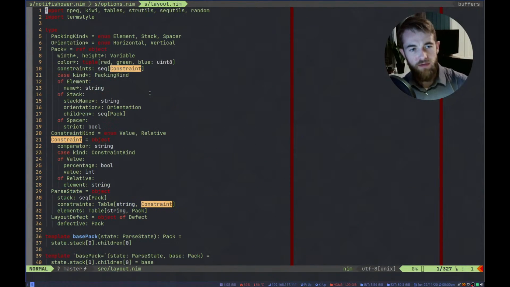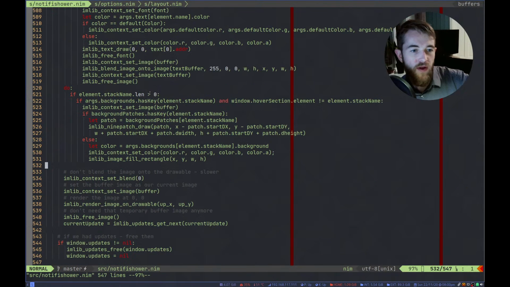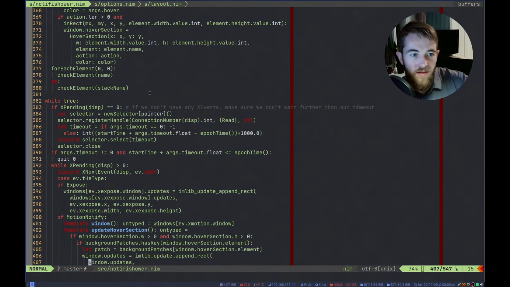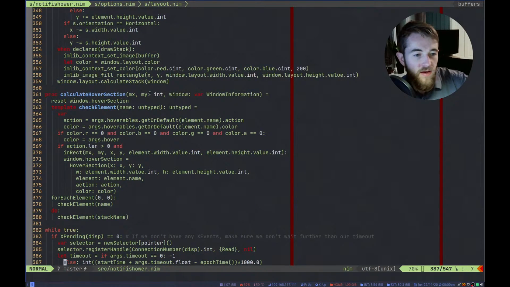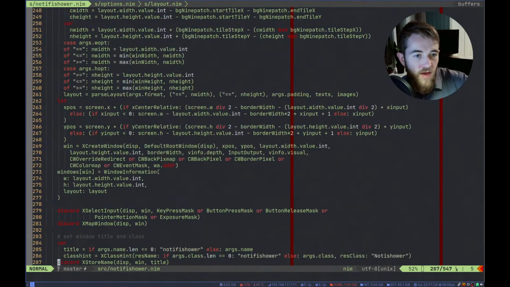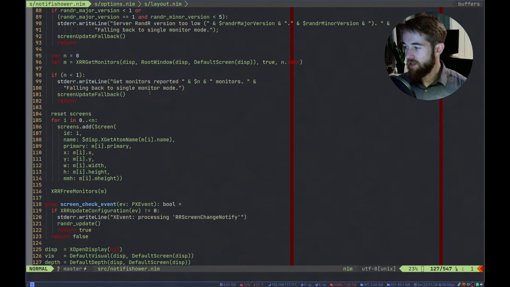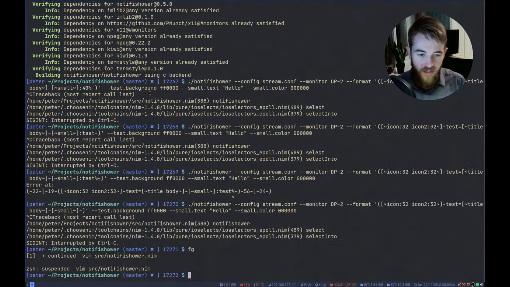Yeah, I think that was pretty much it for what I wanted to do for the stream. It was a nice, almost exactly 2-hour long stream as well. So we added in the ability to have line patches and hovers and actions for backgrounds, or for stacks, not just for elements.